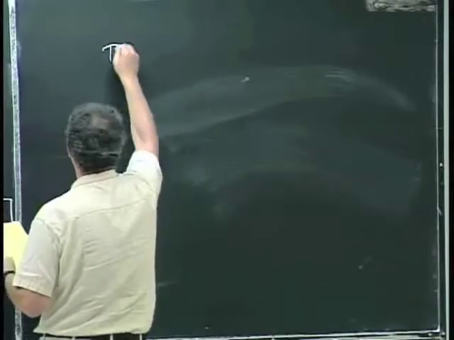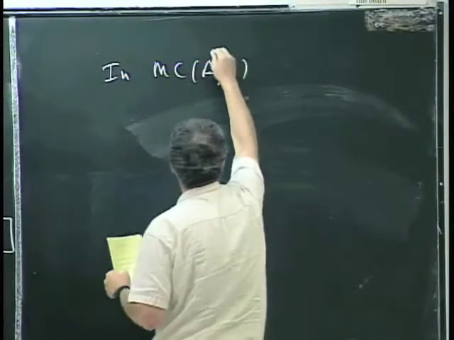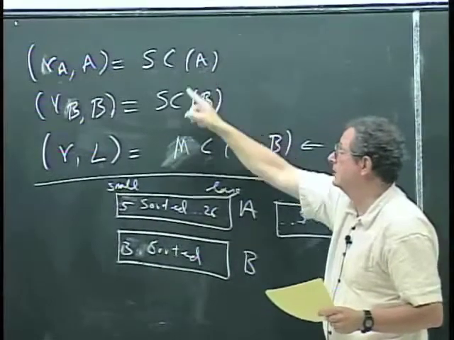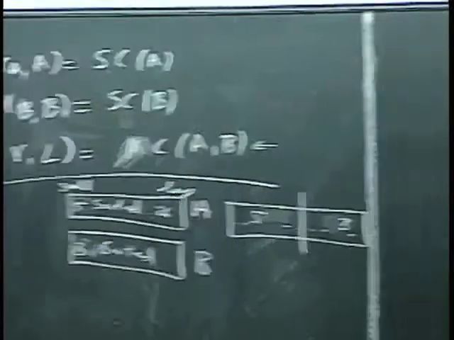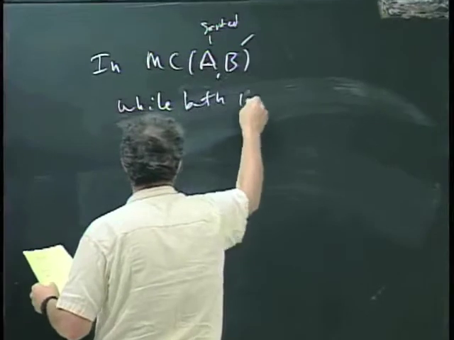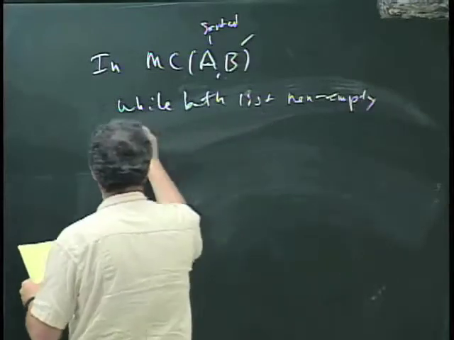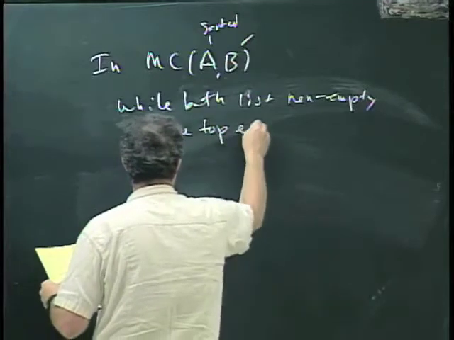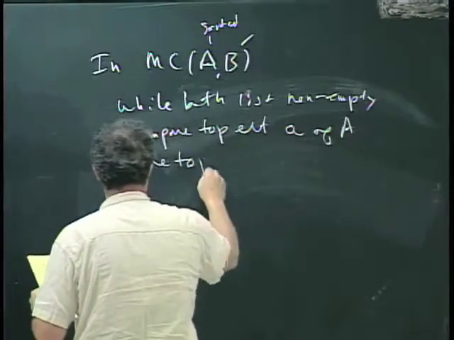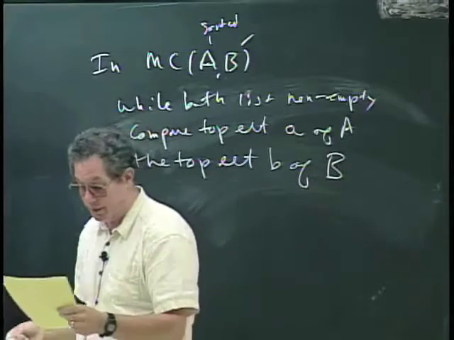When you're doing your comparison, so this is in merge count of A and B, A is sorted at this moment because we've already had a recursive call that sorted it, and we've had a recursive call that sorted B. In the merge count of A and B, first of all, while both lists are non-empty, compare the top element, call it a, of A, to the top element b of B, and then writing down what we just saw by example,